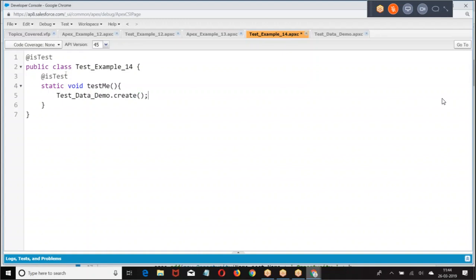Then we will create a sample class. Every time, instead of creating a test setup, if you have a test class like that, we can call that class. If you call the class with a method, what will happen? That method will create sample data. Are you getting my point?